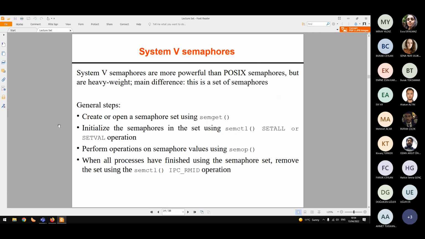Now, let's say that we want to use System 5 semaphores. How do you manipulate semaphores in such a way that you can atomically decrement by multiple values a semaphore? And not only that, with System 5 semaphores, you can atomically decrement multiple semaphores. So you have 16 semaphores, and you want to wait for all of them atomically. Either the wait will succeed for all 16 semaphores, or if it is unsuccessful for even one of them,